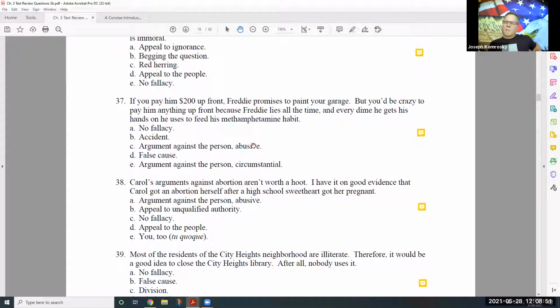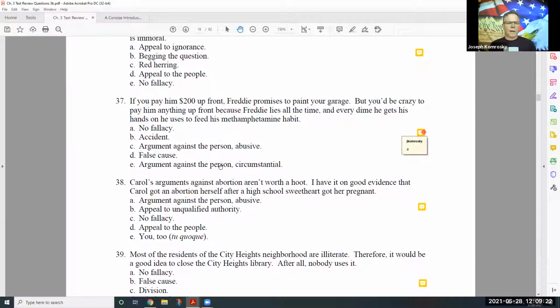But what did I tell you is needed for this fallacy? You have to have two things. One is what we have: an attack against Freddie. But what's the second thing we're missing? We're missing an argument that Freddie makes. Freddie's not making any argument here. This person's just talking about loaning Freddie money up front. So there's no fallacy. This is just the person attacking Freddie, being a jerk or being mean. In order to have a fallacy, you have to have an argument and an attack against them